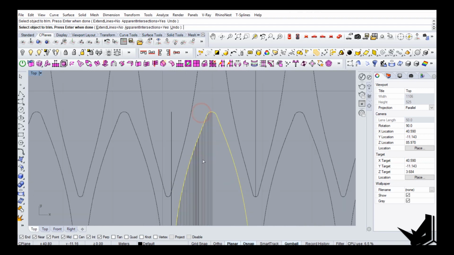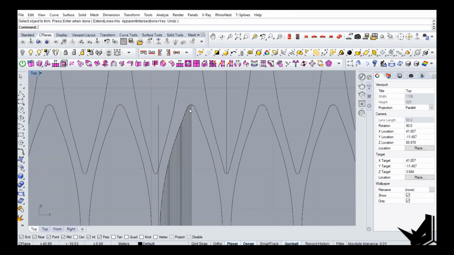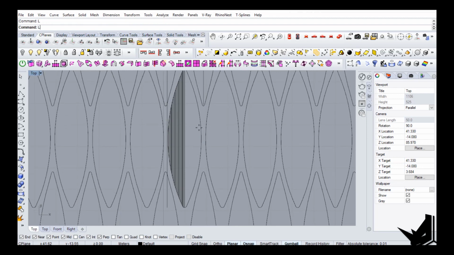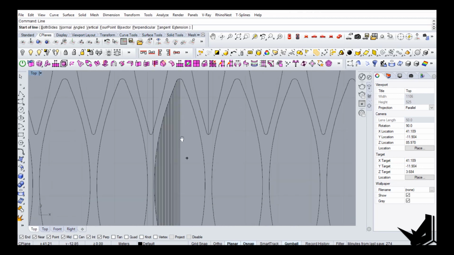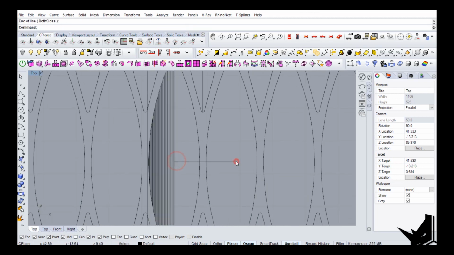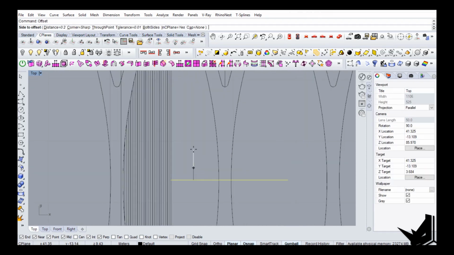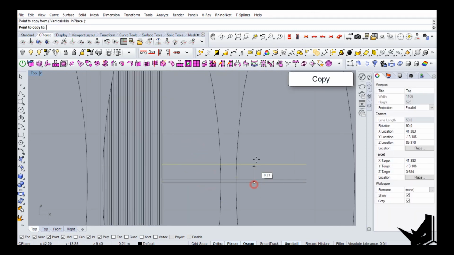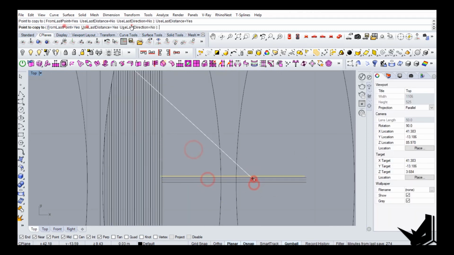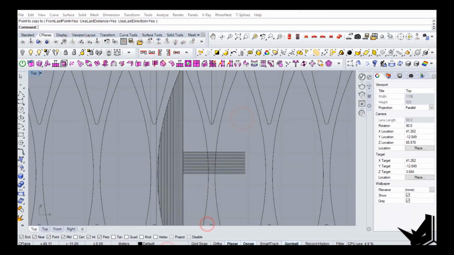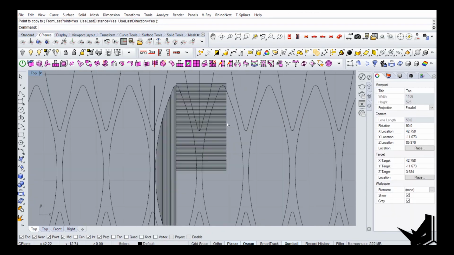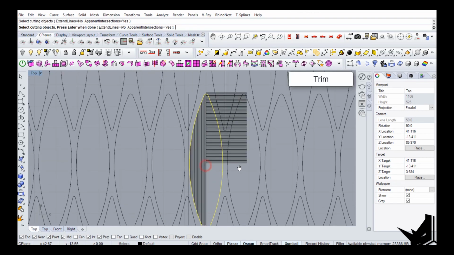Okay, and now these horizontal ones will be the same distance. So I'm gonna just do 1/2, and then let's say 0.03, and let's copy this multiple times like so. Let's trim it again,